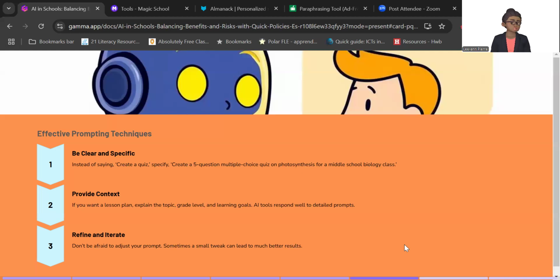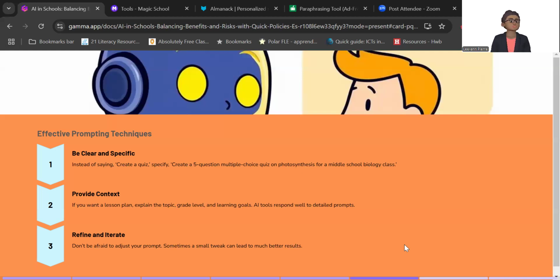And the third point in terms of effective prompting techniques would be refine and iterate. Don't be afraid to adjust your prompt. If it doesn't happen on the first try, try again. Sometimes a small tweak can lead to much better results. Sometimes changing one word or adding another word will help, and you can actually converse with the AI tool oftentimes.